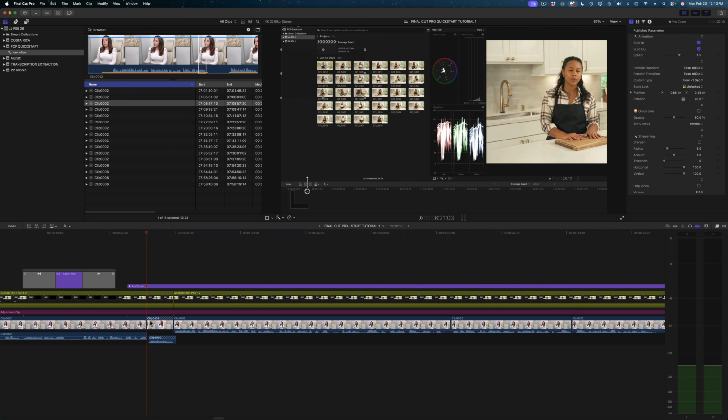Now, I've also found this to be a great workflow when I'm editing interviews and the interviewee speaks in pronouns, not proper names, and I really need them to say the name of the person or the organization we're talking about. This workflow has been excellent in that capacity, but I also want to say that with great power comes great responsibility, and I'm not teaching you this technique to make people say things they did not intend to say, okay? So as long as you stay in those parameters, I think this is a great use case for